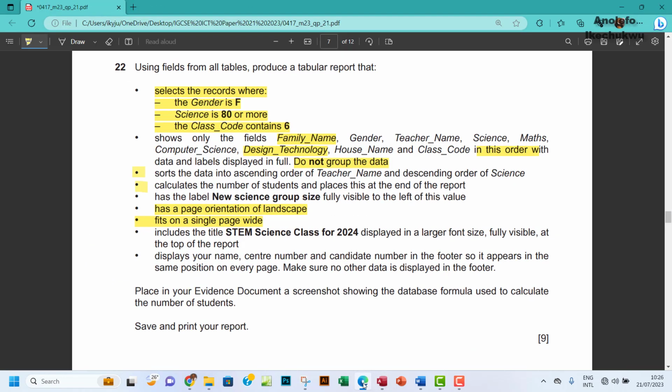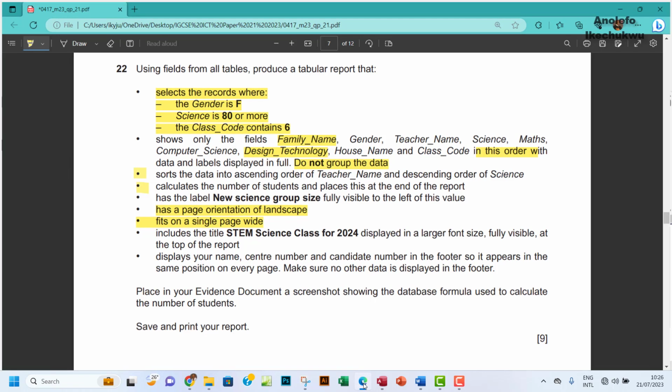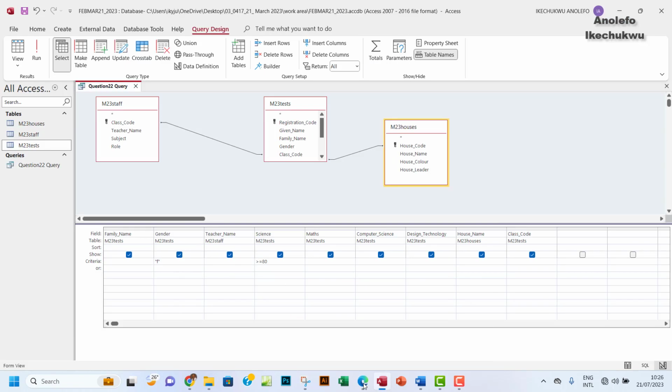criteria. The class code contains six. So we're going to use a wildcard here. So let's locate the class code column here. So we're going to use a wildcard. So wildcard, we're going to use a star and 6 and